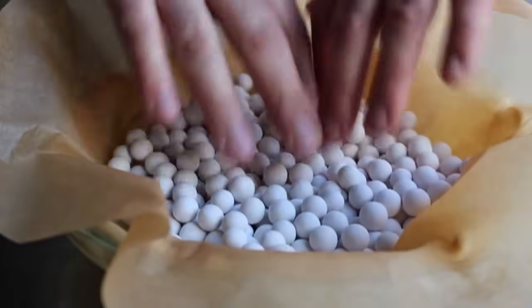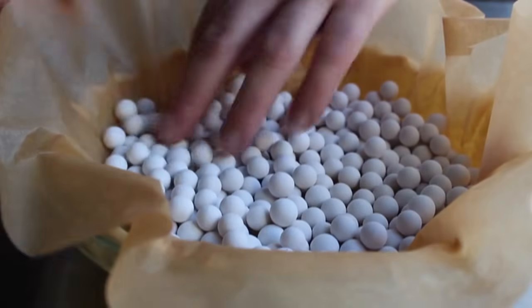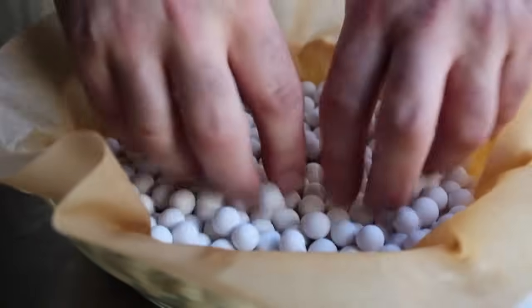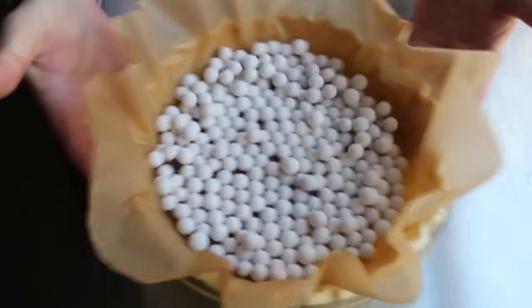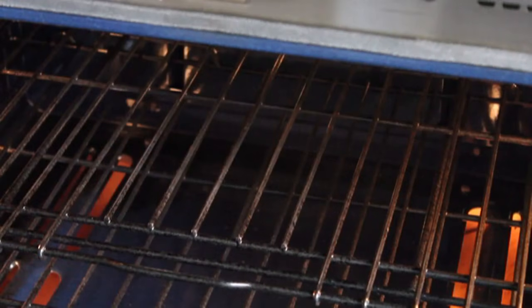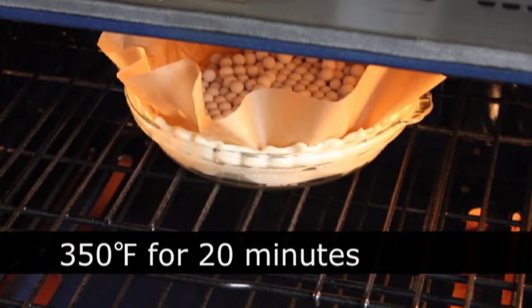And of course, I realize a lot of you don't have pie weights to use. In that case, just use your tart weights. By the way, dried beans also work perfectly. So spread those out all the way to the edge, best you can. Kind of even them out. Possibly give them an old shake-a-shake-a. What this is going to allow us to do is pre-bake this pie crust a little bit without it losing its shape. So once we have that set, we'll pop that in the middle of a 350-degree oven for